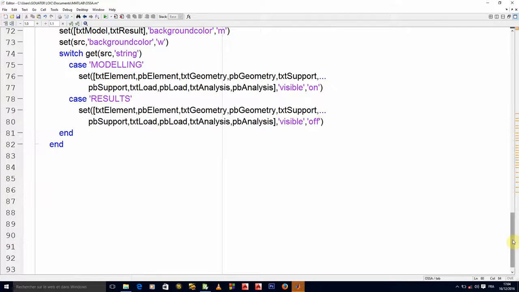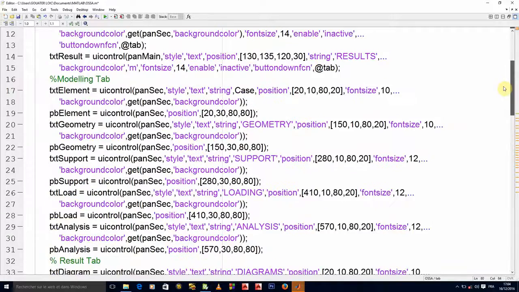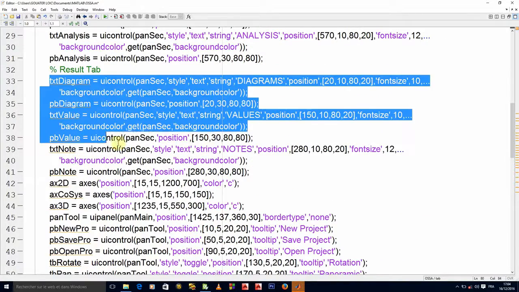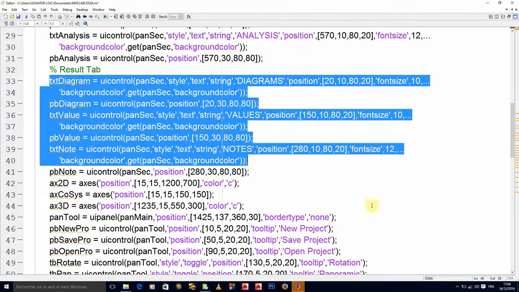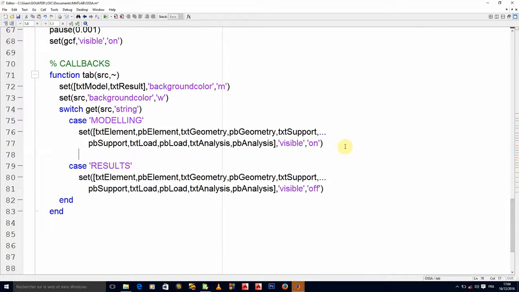And then for the others, the last three that we just modeled, where are they? Under the result tab, you have these three, or rather there are 6 plus the text ones.